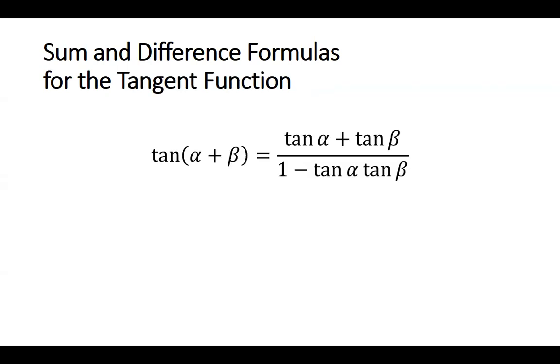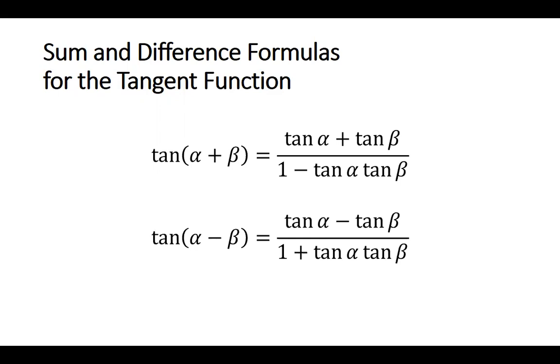For the tangent function, tangent alpha plus beta is equal to tangent alpha plus tangent beta over 1 minus tangent alpha tangent beta. In the difference formula, tangent alpha minus beta is equal to tangent alpha minus tangent beta over 1 plus tangent alpha tangent beta. So now that we've gone through these very interesting formulas that may be a real pain to remember,